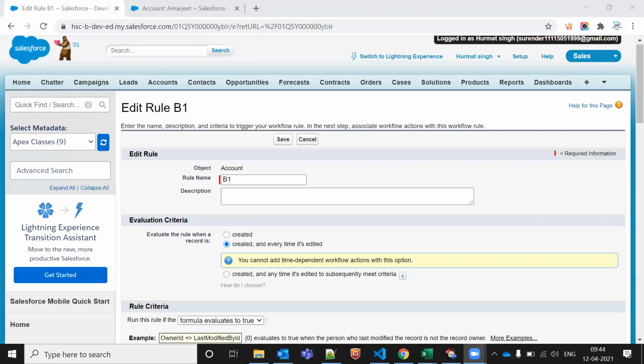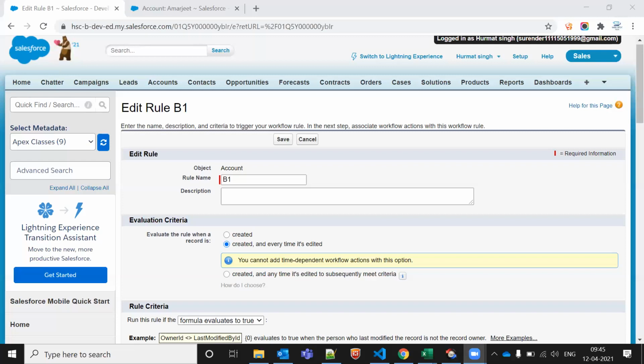I am not sure. With process builder, I guess yes, we can create. And other actions? Send an email, like all the things workflow is doing, except the outbound message, and then invoking the Apex classes, invoking the flows. Except the outbound message. Okay, okay.